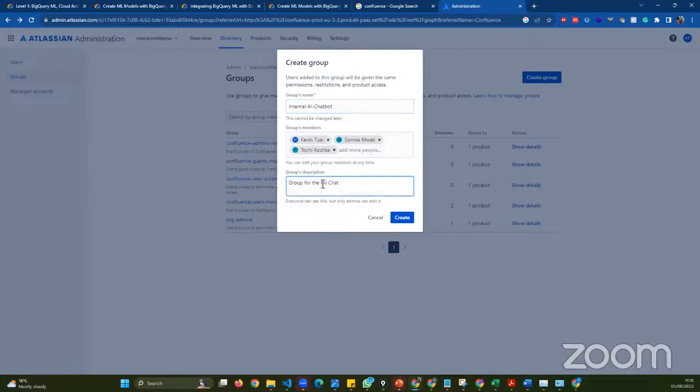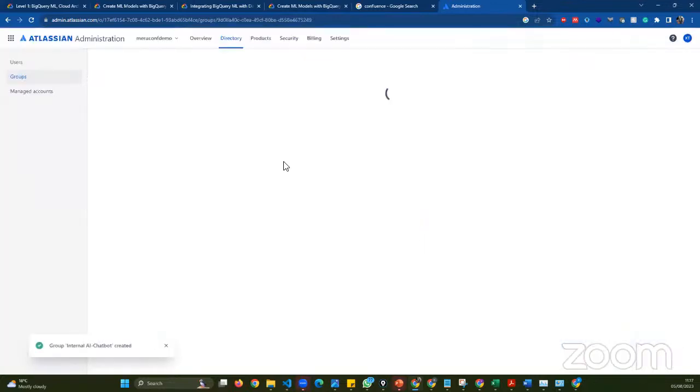So what happens is with this group, if the whole team needs something, I don't have to do it for each and every one person. I just do the changes on this group. Chatbot project. And then just create that. So once I've created that group and added people there,